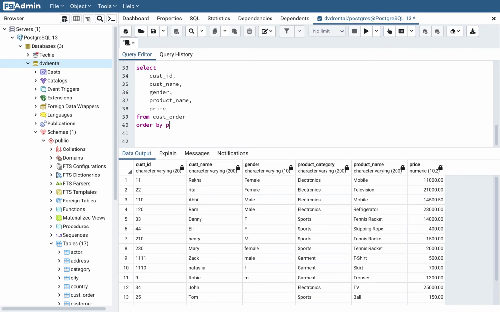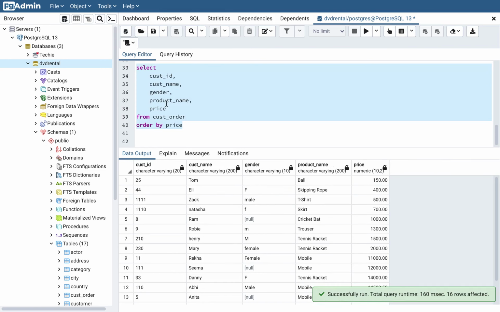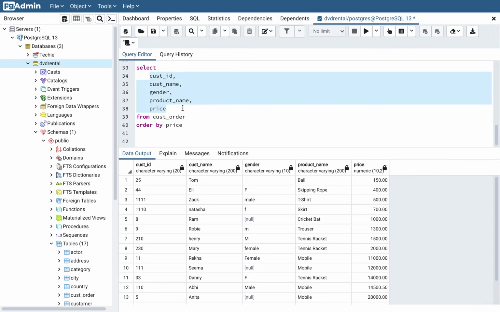Let's do it by price. Now if I execute this query, what will happen? It will sort the data based on the price column, and it will select only these columns. Now what is happening here is, when we are executing this complete query, the